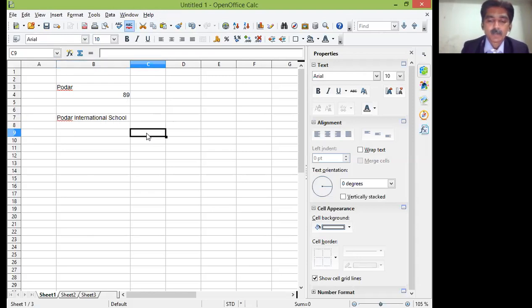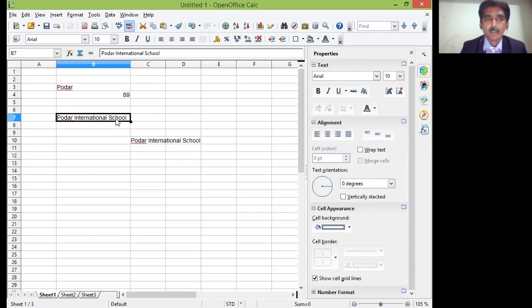Now this is one thing. The second thing I want to show you: I will simply copy the content of the cell and paste the content of the cell. You can copy the content and paste, or you can cut the content and paste. Similarly, you can perform minor formatting activities like making the content of the cell bold, italic, underline. You can increase or decrease the font size, and change the font name and font style. So these things you can do. We will see them in the formatting techniques.